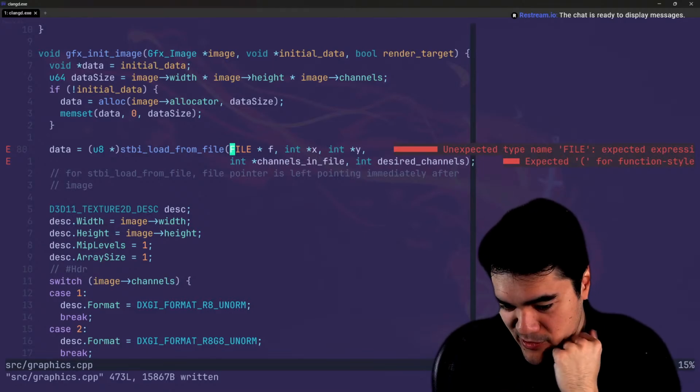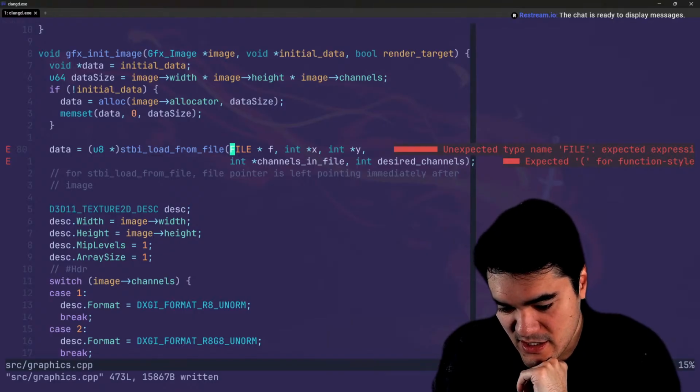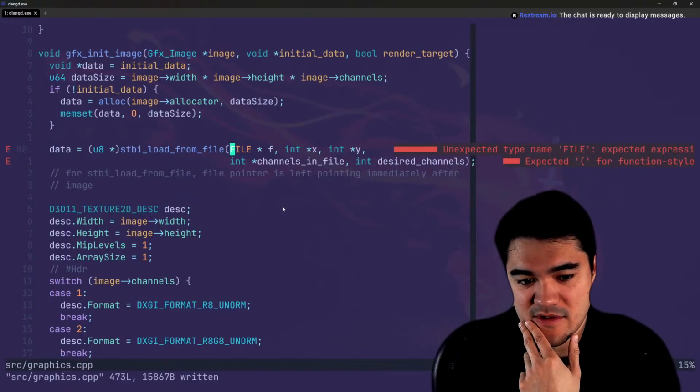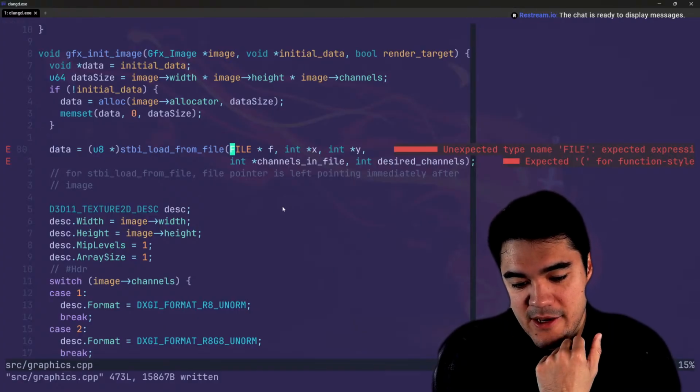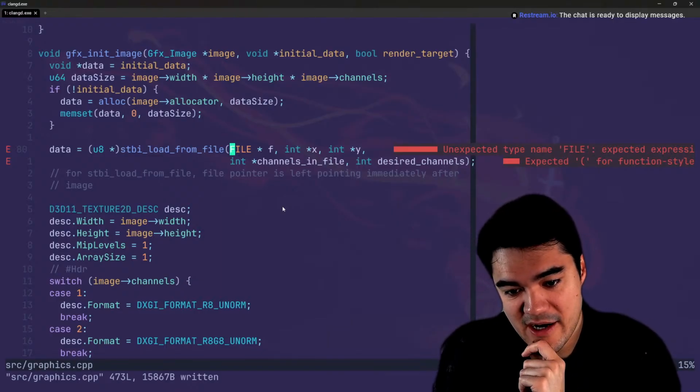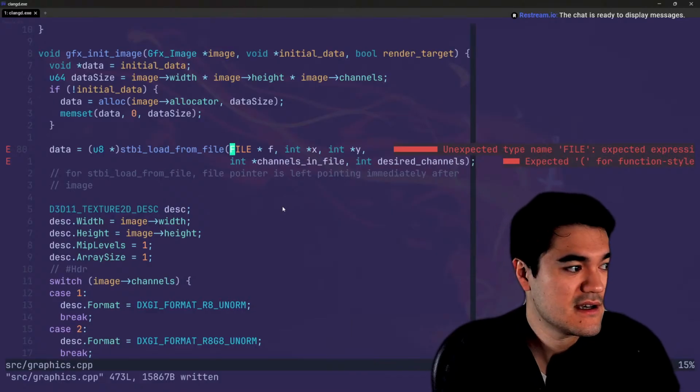So you open up your OS handle to it, and then you texture 2D it, I guess, chuck it over to VRAM, and then from there maybe